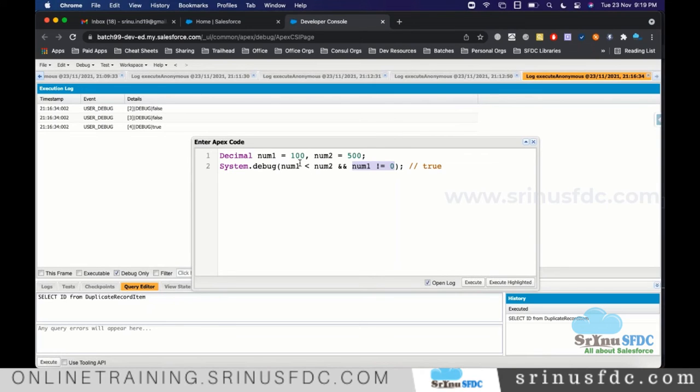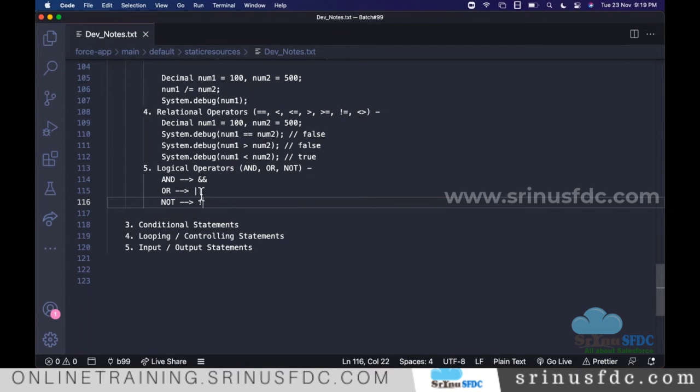Number 1 is less than number 2, that means 100 less than 500. Yes, true. And number 100 not equal to 0. Yes, true. Both are true, so the final result will become true. To deal with these kinds of situations, we use AND, OR, not, and all those things.